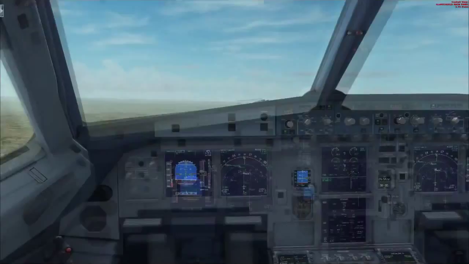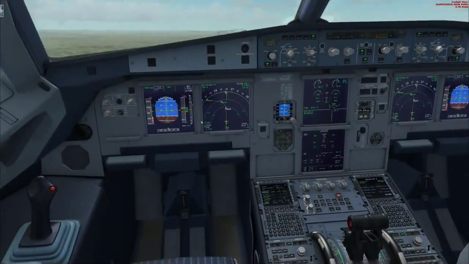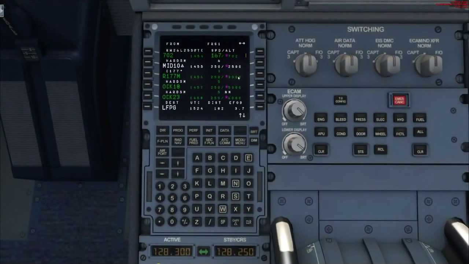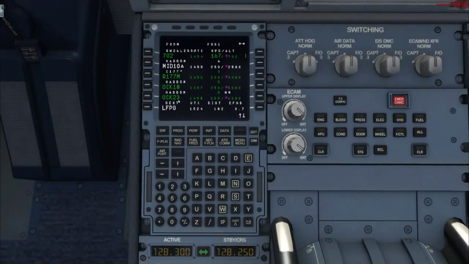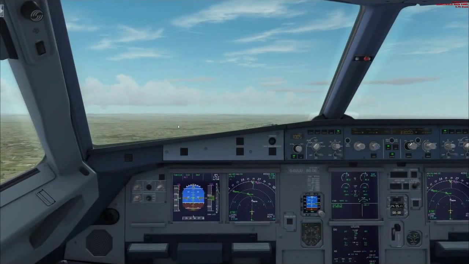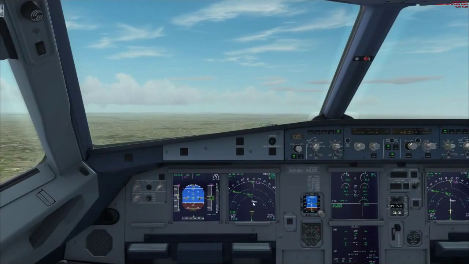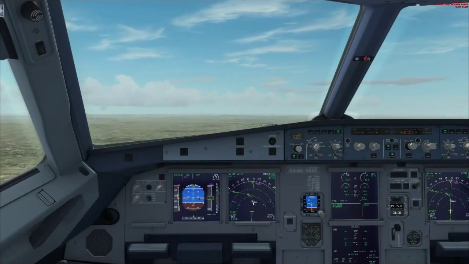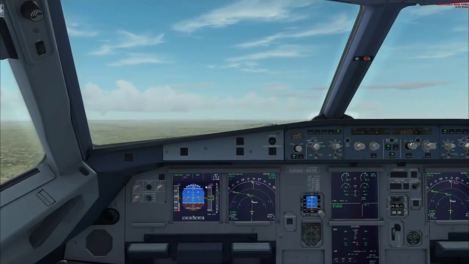Now, let's go look at our flight plan real quick. Our first altitude constraint, we've got at or above 2,500 at the next waypoint. At or above 3,000 the waypoint after that, then 5,000, 6,000 straight after that. So let's go look where we are currently at. Whoops, I'm changing my views badly. Flaps up. At or above 2,500, we're going to hit that no problem. Notice that the display here,